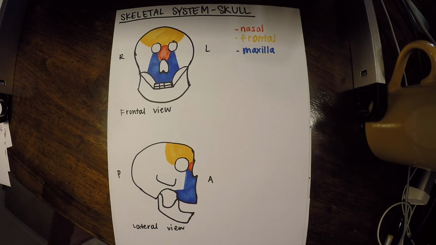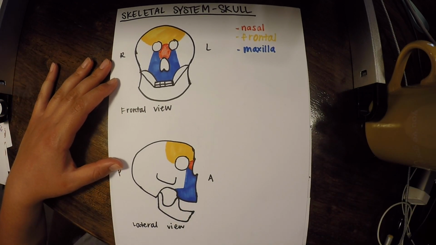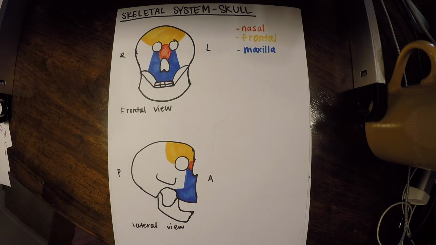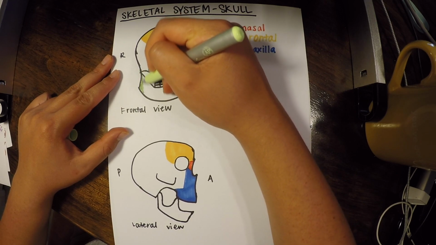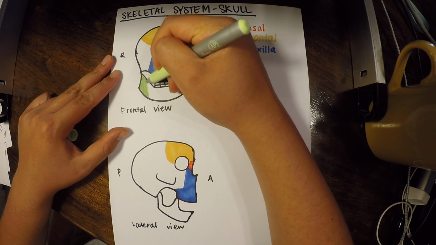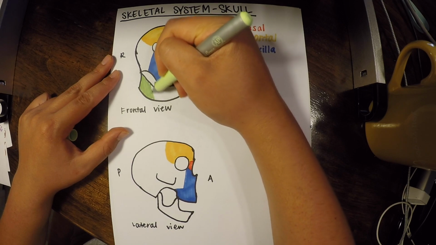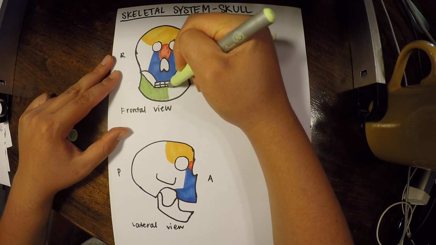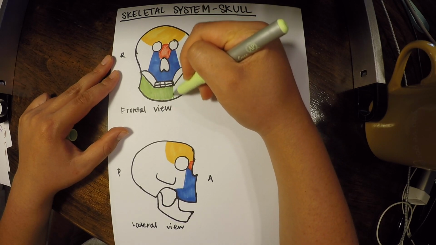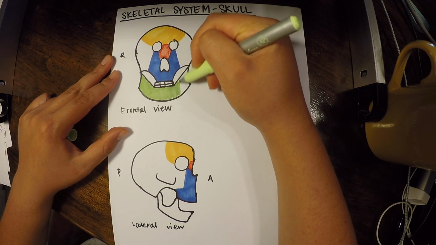Now, people will often get the maxilla mixed up with this next bone, so just make sure that you're paying attention to differentiating between these. The next bone is our mandible. I think it's because they both start with an M that people usually get them confused, but your mandible is like your jawbone. So that's how I kind of remember.